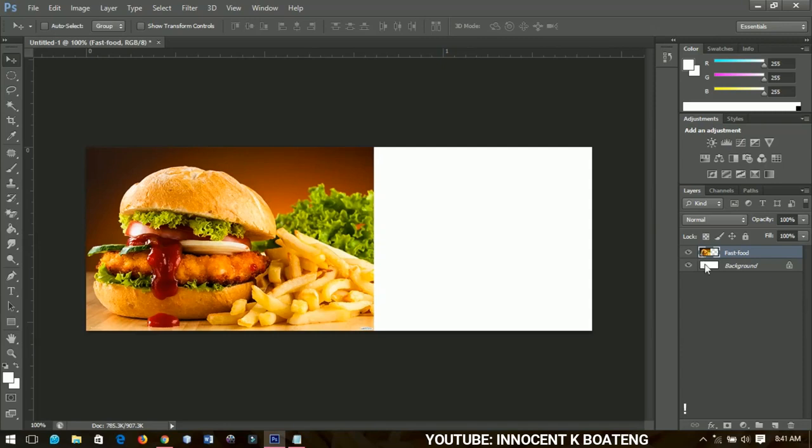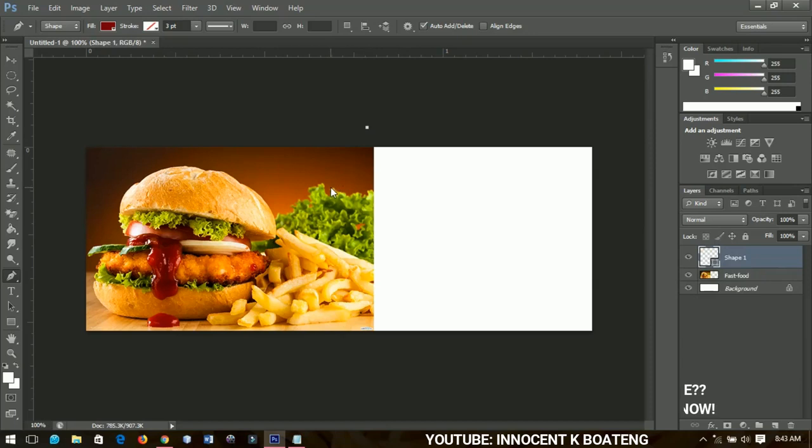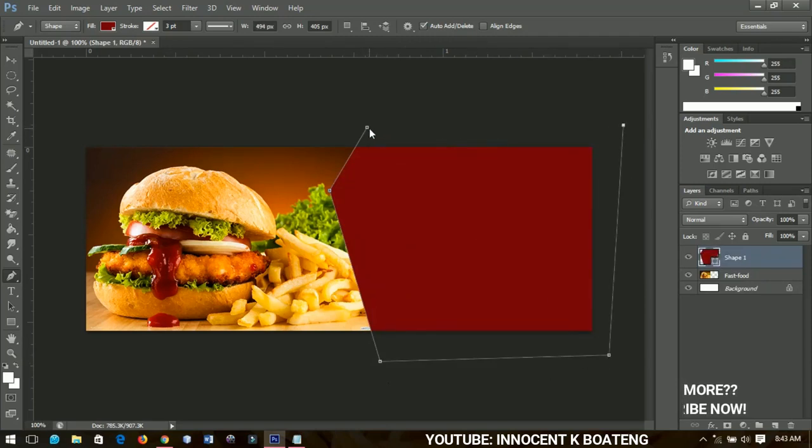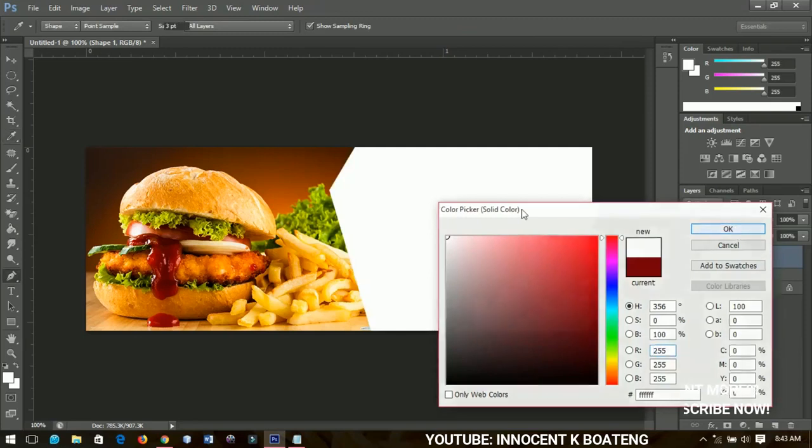Now what I'm going to do next is add a shape to my banner. So I'm going to select my pen tool, and I'll make sure that I have here to be shape instead of path. I'll make it shape over here. So I'm going to start from somewhere around here and make a shape like that, and then I'll get to this part, and then I'll go around like this and get to the initial point and break it over there. Alright, so I'm going to double click over here to change my color to something white like this,